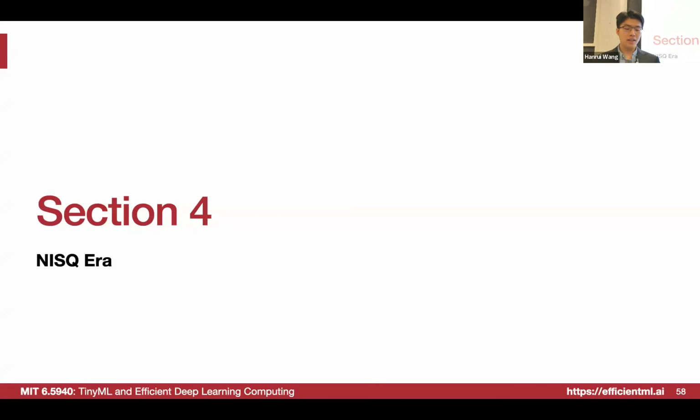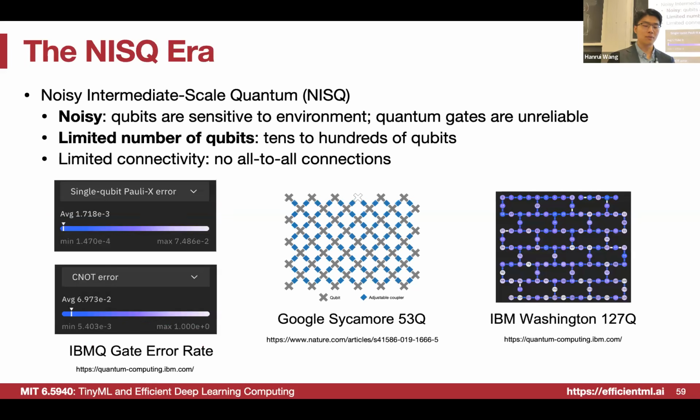Okay, because we already have this sense of how we can construct a circuit and what the basic elements are, what is the current stage, or what are the most advanced quantum computers right now? So we want to introduce a little bit about the NISQ era, which means noisy and intermediate-scale quantum. The noisy means we don't have very good quantum machines. Typically the error rate of them is 10 to the power of -3 or 10 to the power of -2. So here we can see a range of different CNOT errors on IBM's quantum machine, which has 127 qubits.